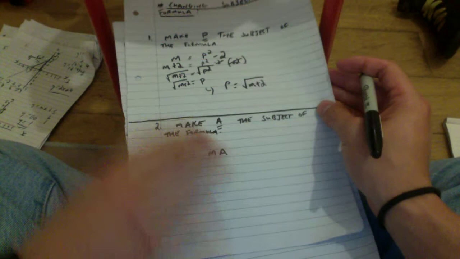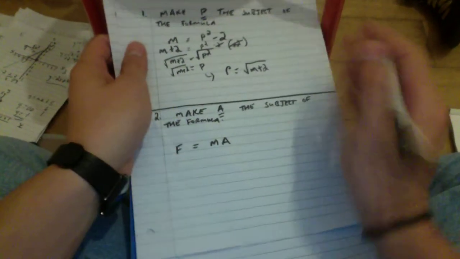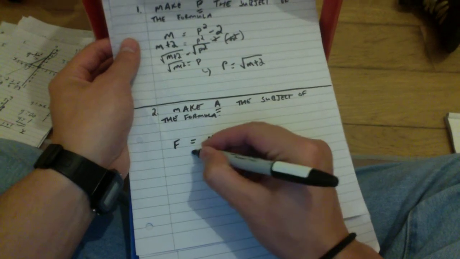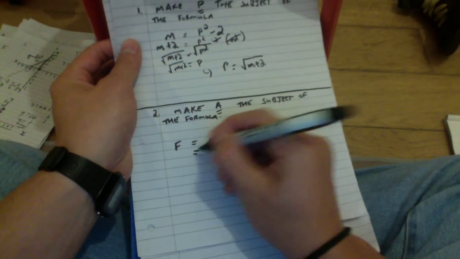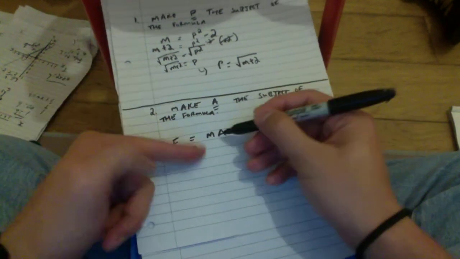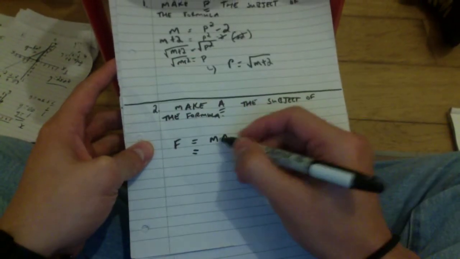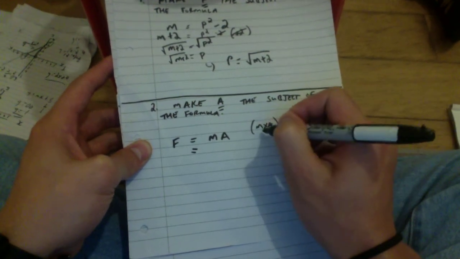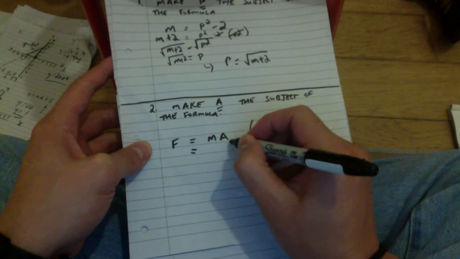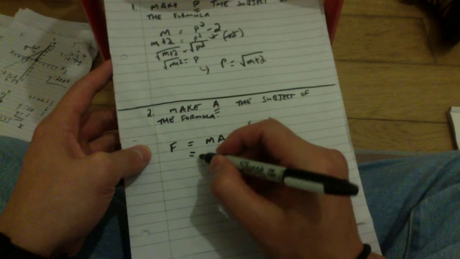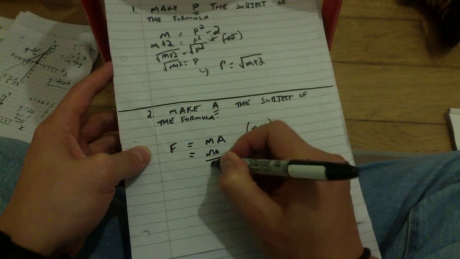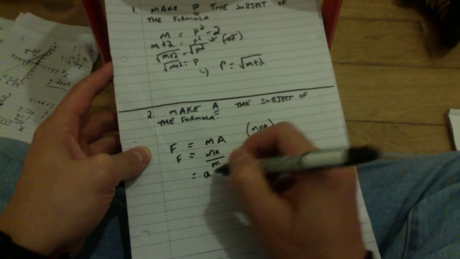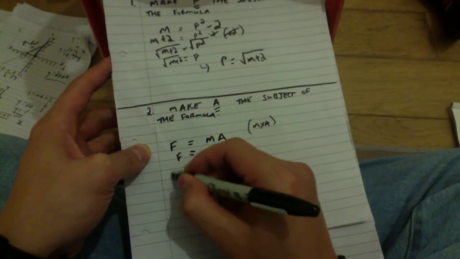Alright, the next question is F equals MA. Again, make A the subject of the formula, so you've got to get M over there. How do you do that? When factors are together, like MA, that's the same as saying M times A. The only way you can break that up is to divide by M itself, and that would leave just A. But whatever you do on this side, you've also got to do on this side. So F divided by M